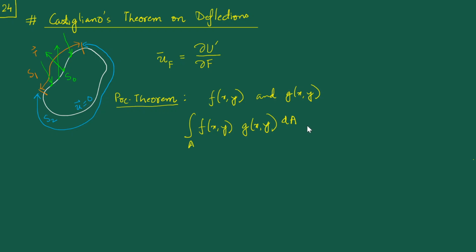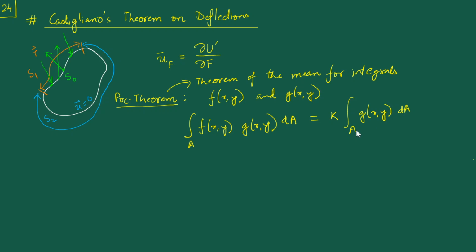So what this theorem, the theorem of the mean for integrals, says is that this thing is going to be equal to k times the integral of g of xy dA, provided